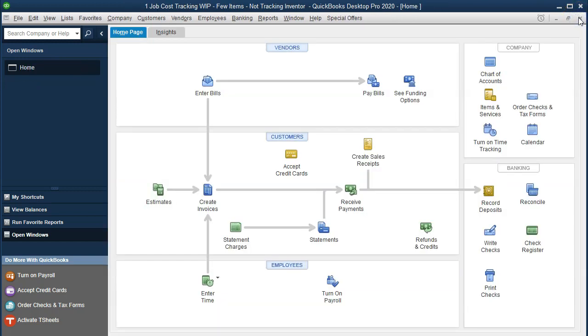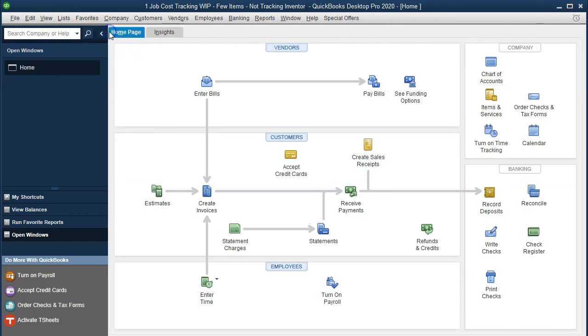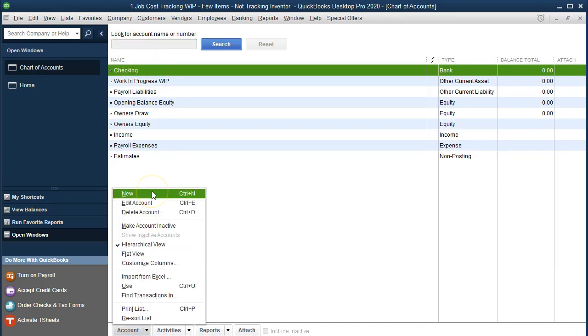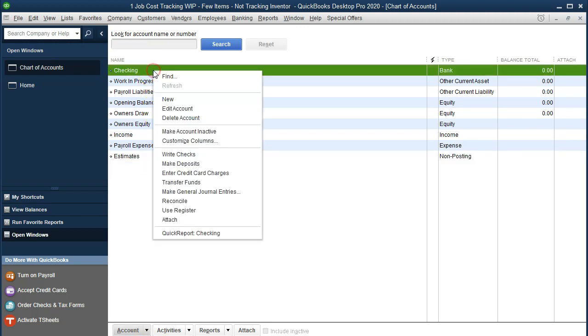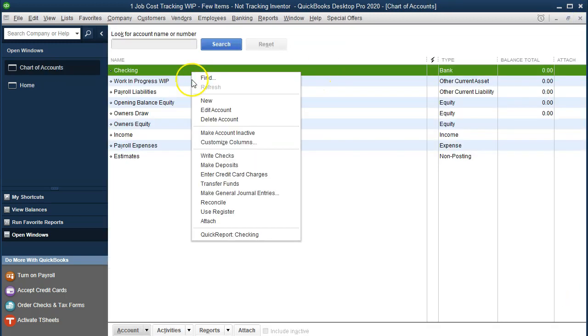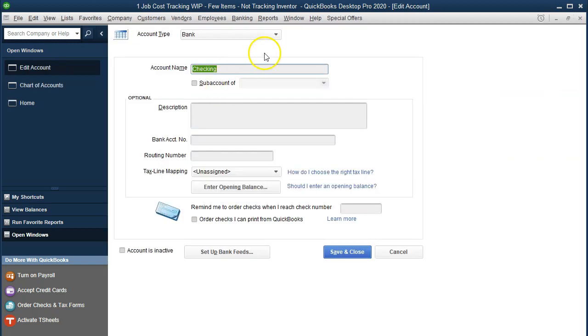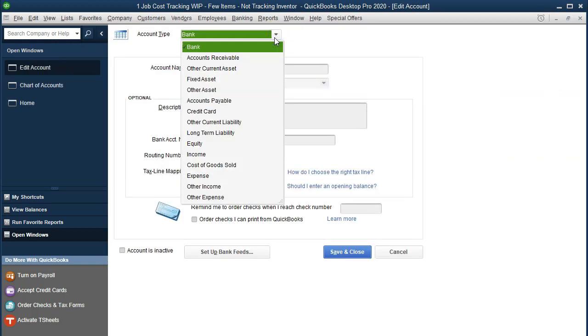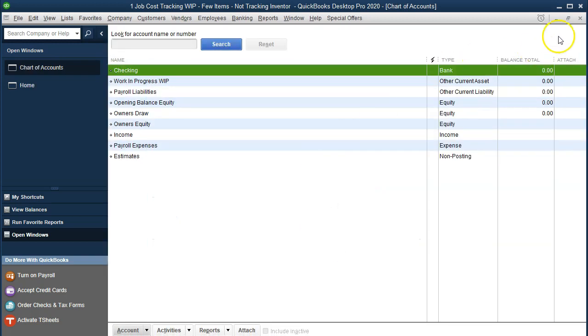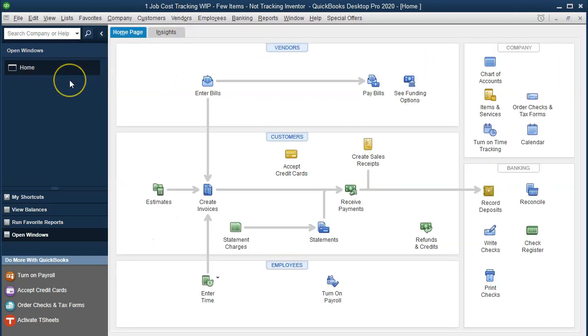So if you don't have a checking account set up, then go to the lists drop down, the chart of accounts, and then you're going to want to go to the add account, and you want a new account. Within the new account, you're simply going to set up a checking account for it. So it's going to be a basic account type setup. Let me close this back out. I'm going to go into this, edit the account, and it'll look like this. It'll be a banking type of account, and you want it to be the checking account. That's it, basic checking account we're going to set up. We're going to say save and close, closing out the chart of accounts,